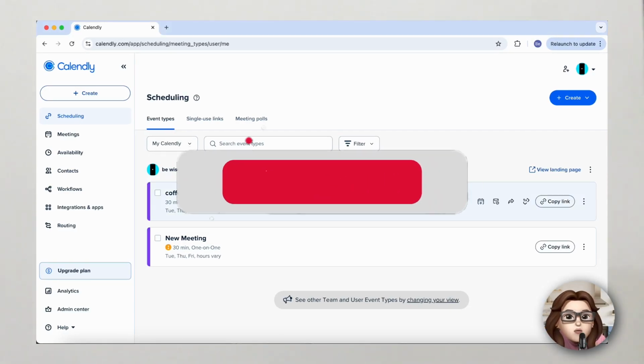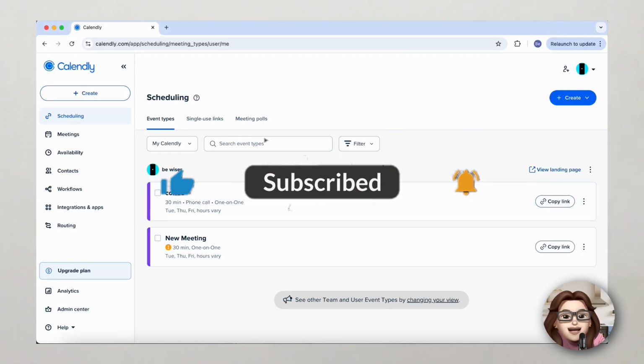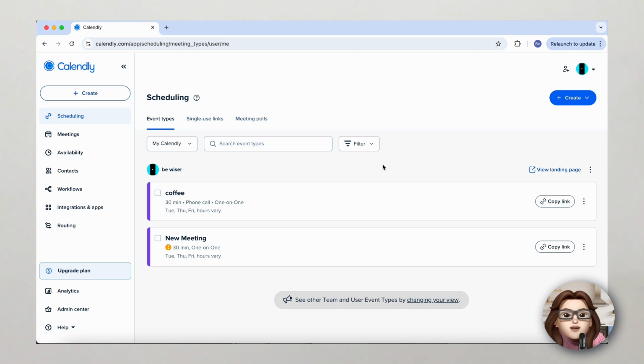Want to keep your Calendly events hidden? In this quick guide, I'll show you how to make any event private, so only the people you invite can